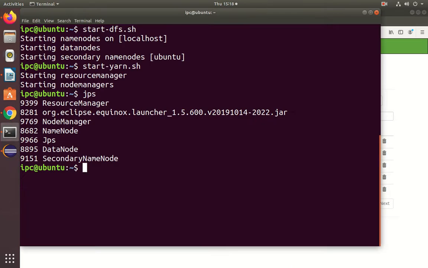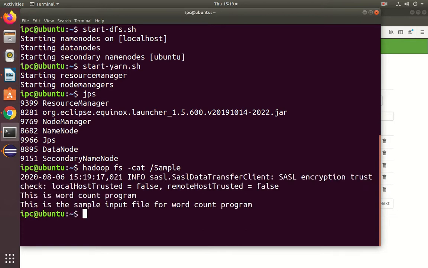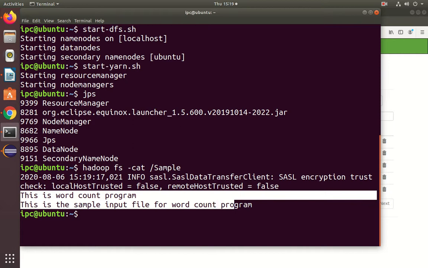You can also get this information by using the cat command: hadoop fs -cat /sample. See, this is the content of the sample file. This is the word count program.